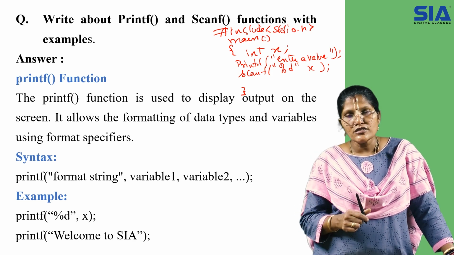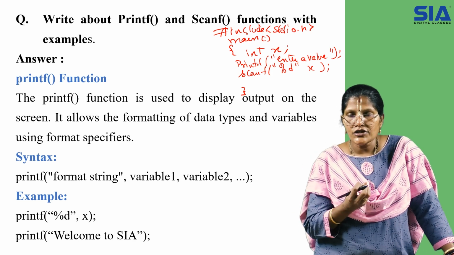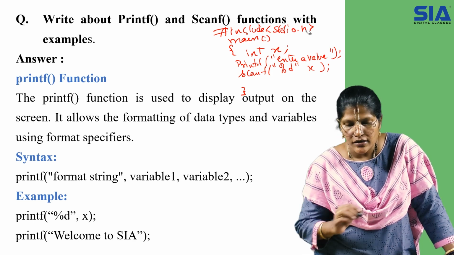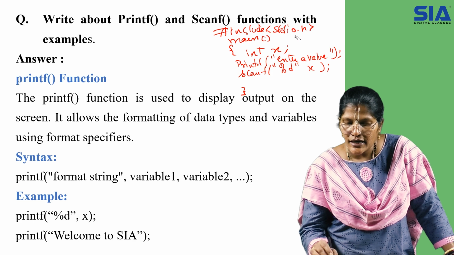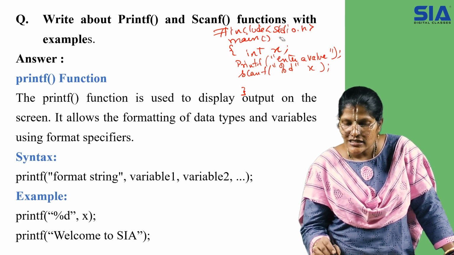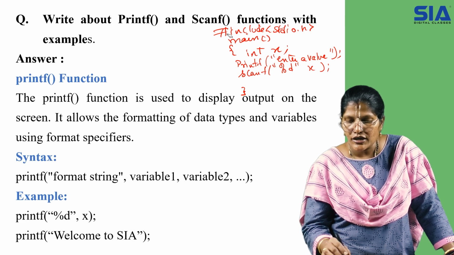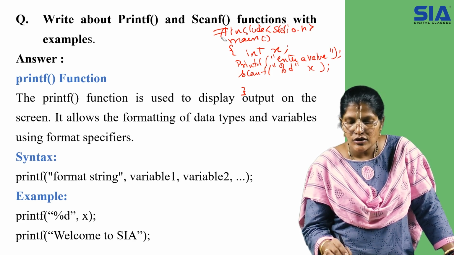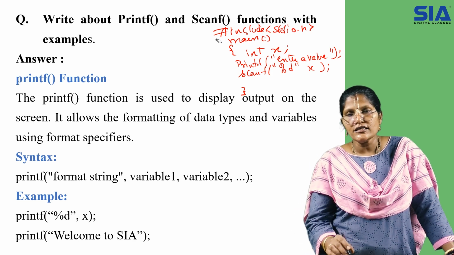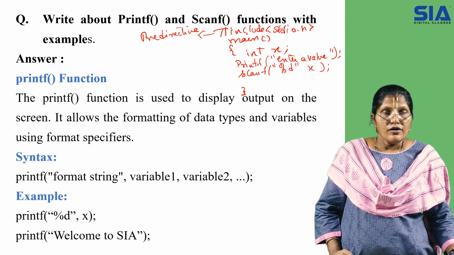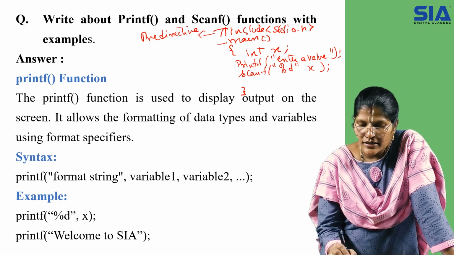Because the functions are already predefined, we are just using the functions already mentioned within a header file called stdio.h. This stdio.h contains the details about all the IO functions residing at a particular location. That is why we include it with the keyword include, preceded by a hash. It is said to be a preprocessor directive.